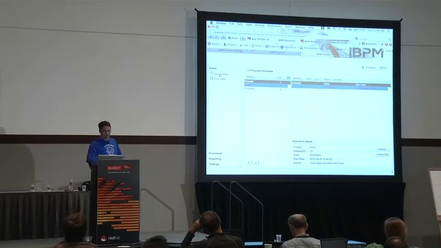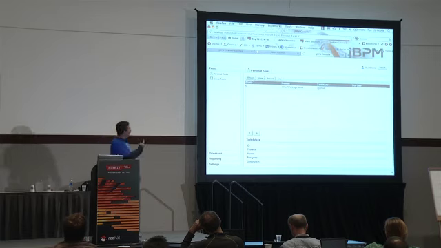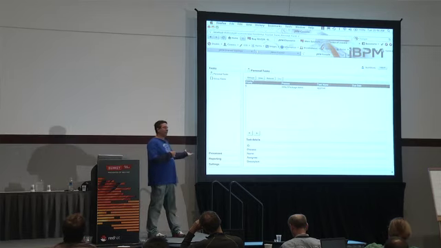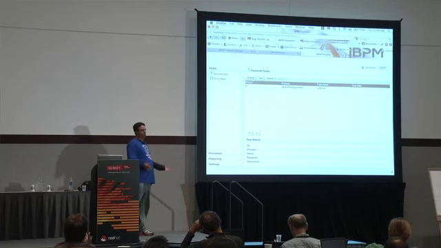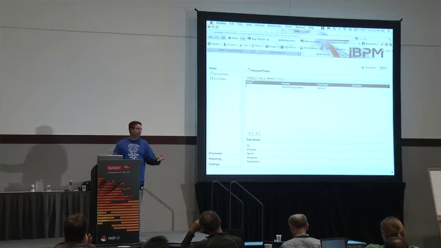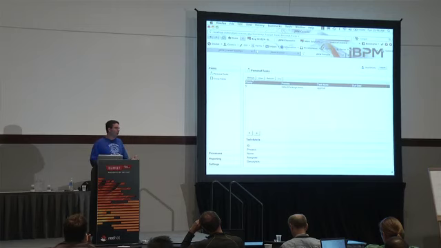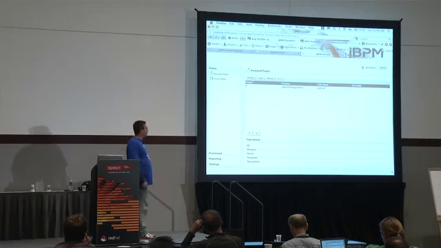If I go to task, if I go to personal tasks, here is actually the human task. In this demo, the submitter is the approver. That's pretty much what it is. But of course, you can leverage things like LDAP to create your own user base and make this a lot more